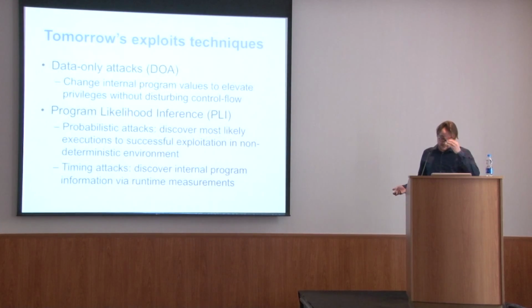Tomorrow's exploit techniques. One, and it's already happening today: data-only attacks. Because we're going to have control flow integrity mainstream. It's not going to be possible to corrupt return addresses anymore. It's not going to be possible to corrupt function pointers anymore. People are going to try, and they do it today already. It's going to become extremely necessary, and everybody is going to do it in the future: only attack